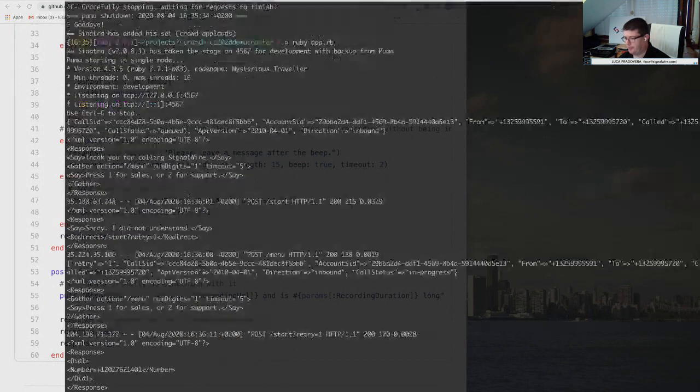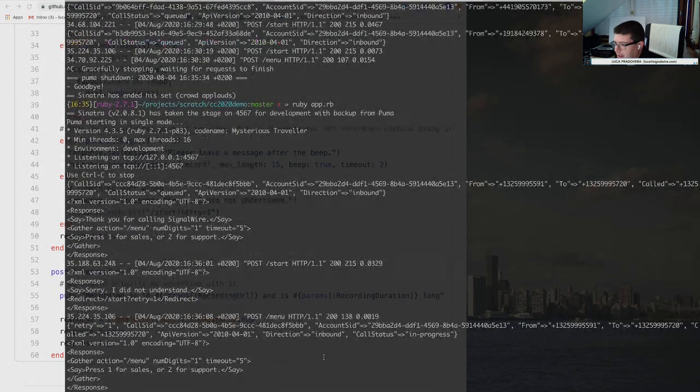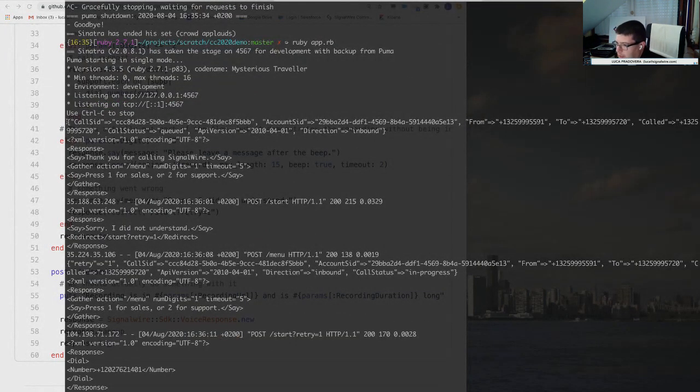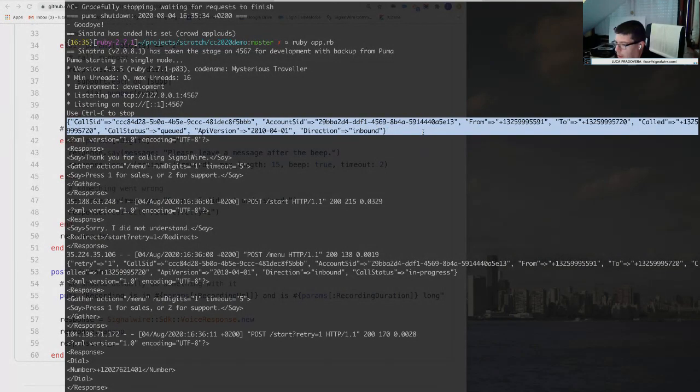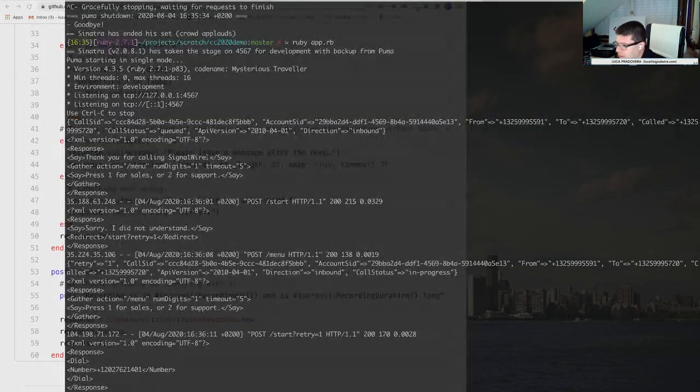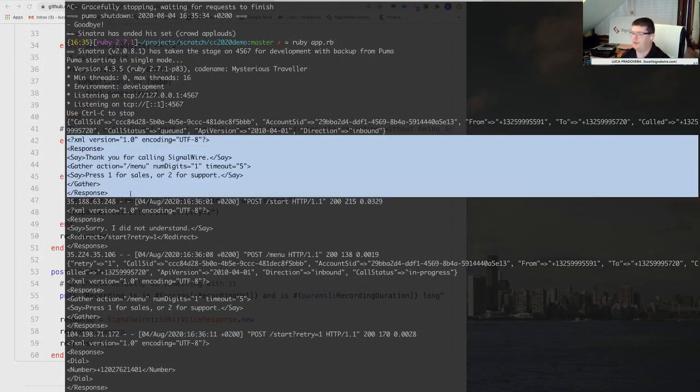When I dialed in, I received these parameters telling me that the call was being set up. Then we generated this first response: say, thank you for calling SignalWire. Gather action menu, num digits 1, timeout 5. Say, press 1 for sales or 2 for support. This is exactly what you hear if you want to try calling the number. Then we'll